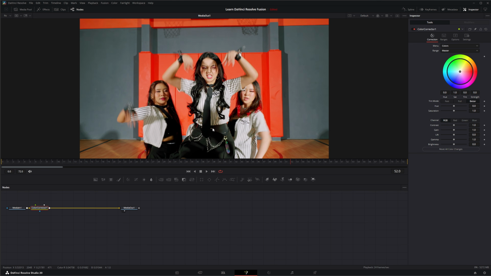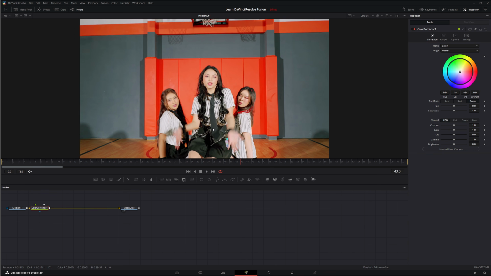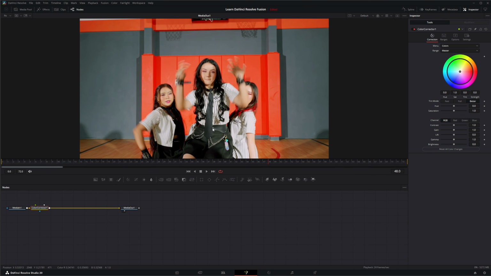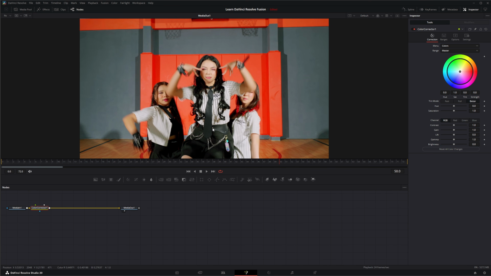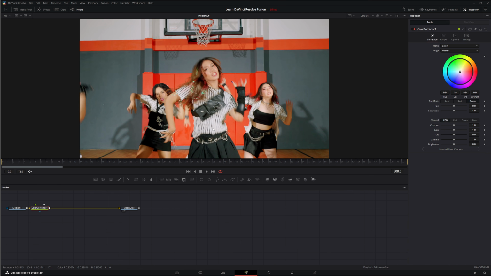We can also use the forward and backward arrows to go one frame. So back arrow to one frame backwards, forward arrow to go forward one frame. And if we hold our shift and our back arrow, it will go to the global start. Shift forward arrow will go to the global end, which means we are now at frame 508, so it surpassed